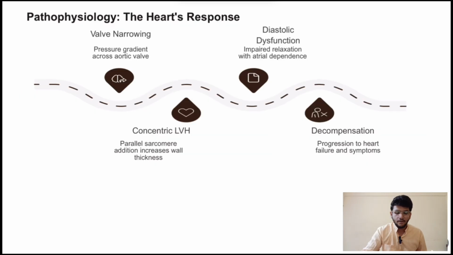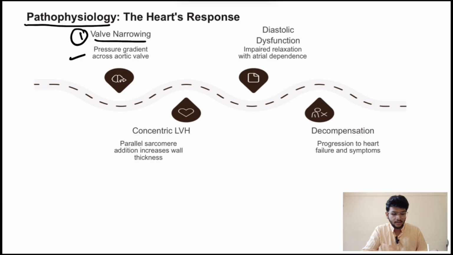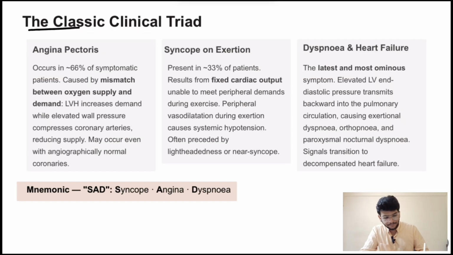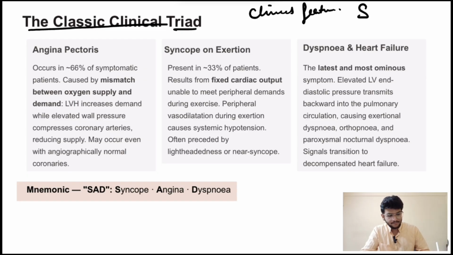Pathophysiology behind the aortic stenosis is the narrowing of the valve, which creates the pressure gradient. Diastolic dysfunction occurs due to impaired relaxation with the atrial dependence. Concentric LVH and decompensation occur as the consequences of the aortic stenosis. The classical triad behind the clinical features is angina, syncope, and dyspnea. The mnemonic for it is SAD,